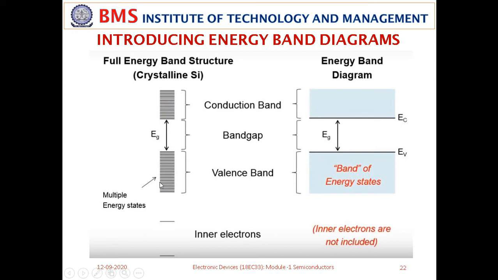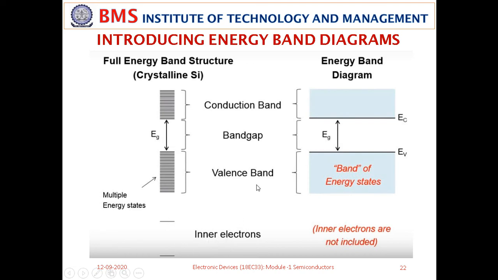Only the upper 3s and 3p orbitals are the ones that keep changing the properties and the characteristics of a material. Therefore we focus mainly on the 3s and 3p orbitals, whereas the 1s, 2s and other lower orbitals we ignore. These are inner electrons, tightly bound to the nucleus, so we are not concerned about them here.